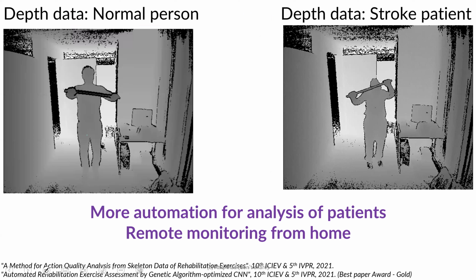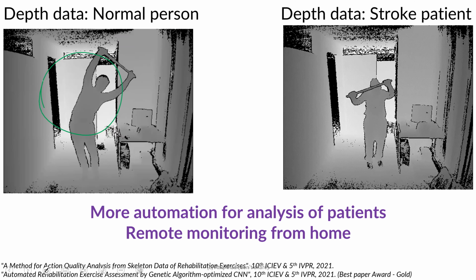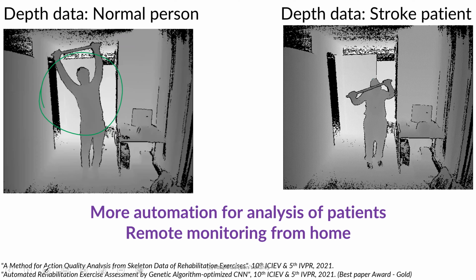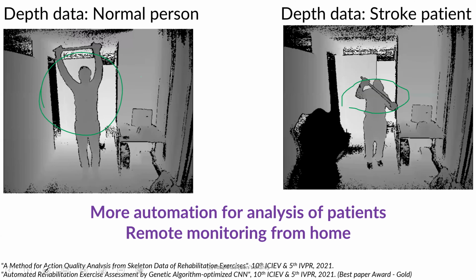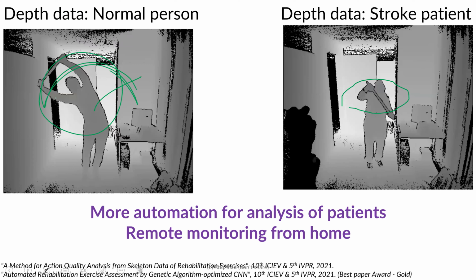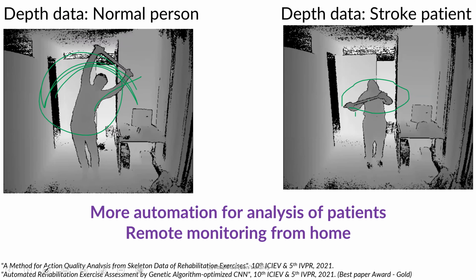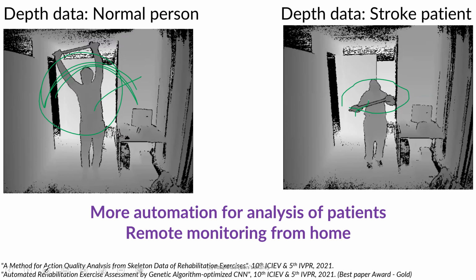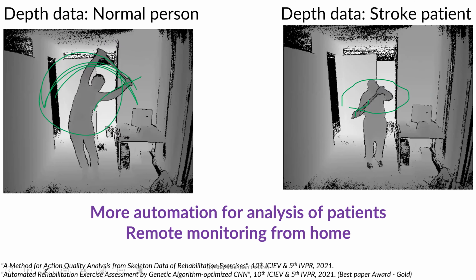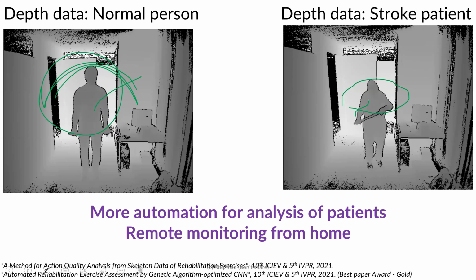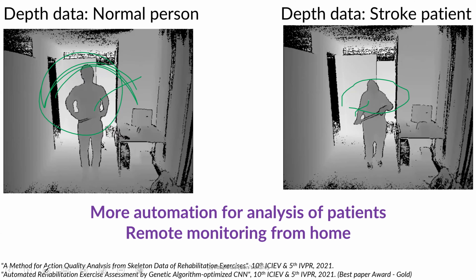So you see that this is a normal person doing some exercises, and then this is the stroke patient. You can definitely see the movement is rhythmic here, and here it is totally erroneous and not proper, because the person can't do it properly. So we can evaluate those kinds of things and give some kind of level grading, where this is the best, for example, from here to here. So this is 0 and this is 100%, and assume that a normal person is 80%. And there are different gradings in between, and based on this, we can find out.